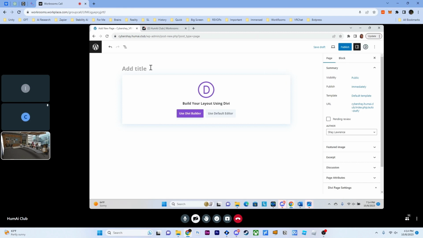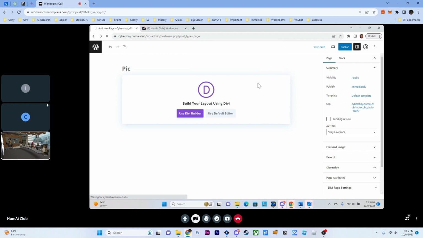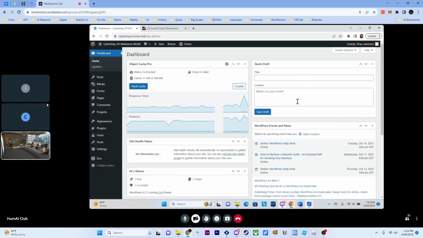But let me show you the other way to do it too, so that you know both ways. So just go ahead and go back to your front end. You can just hit the back button. So you can just go back to the front end, and just go ahead and leave. Slow. So when you're on the back end, right here under forms, you'll have the pages